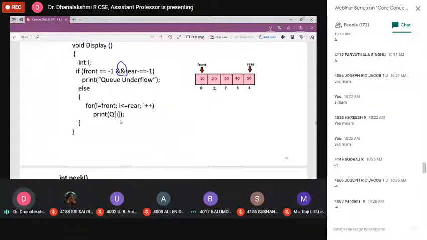As usual, we use the printf statement. This is a routine pseudocode, as I told you in the very first class, so no need to write printf, scanf statements and all. If you execute this implementation in C, you can use printf. If you want to execute it in C++, you can use the corresponding cout statement. Output statement is cout. You have to use the proper notation.